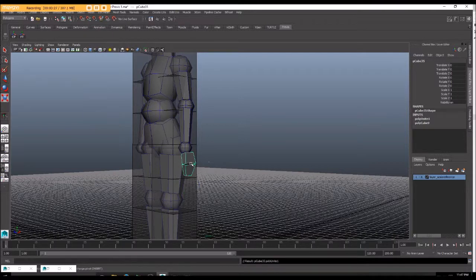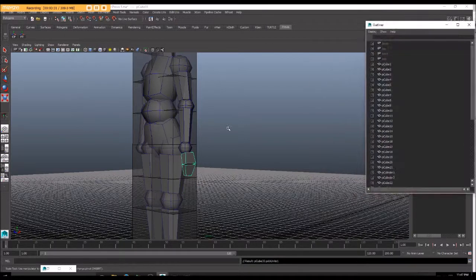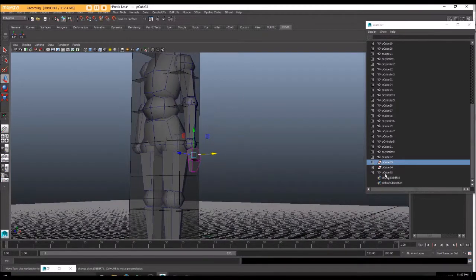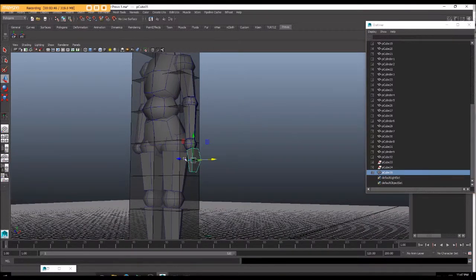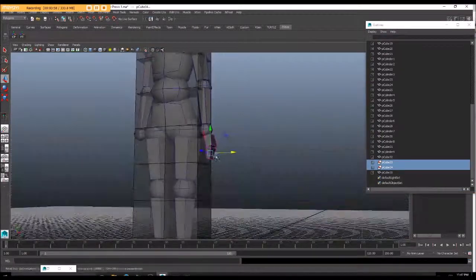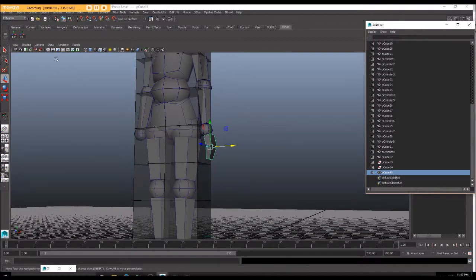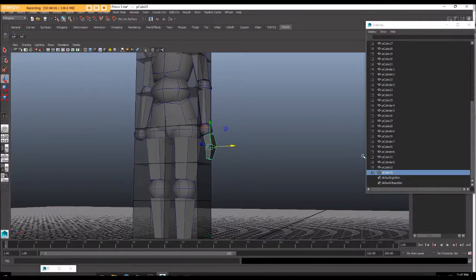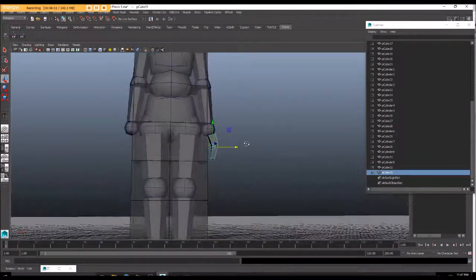Now, whenever you combine objects, it's going to create these empty groups here where those objects used to be. Now these groups are going to cause a lot of problems for you because you'll notice they still influence that object even though technically Maya considers it one piece. If you can imagine, having those groups hanging around in your outliner is really going to mess with your rigging later on. So whenever you combine an object, make sure you select that object and go to Edit, Delete by Type, History. The moment I deleted that history, those groups went away,